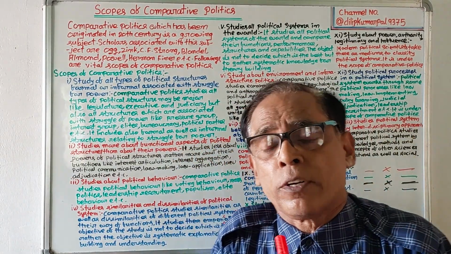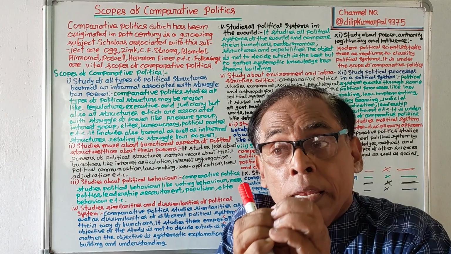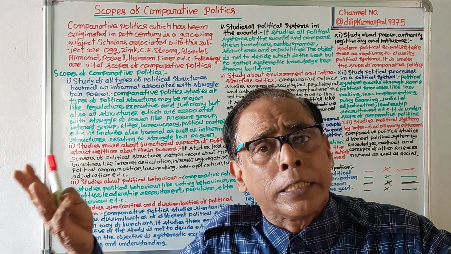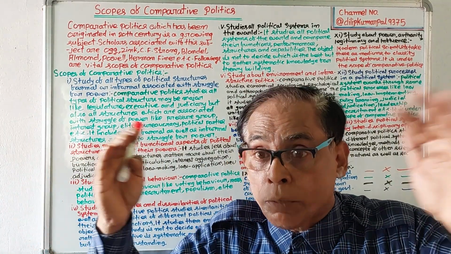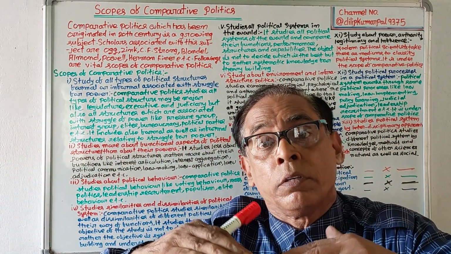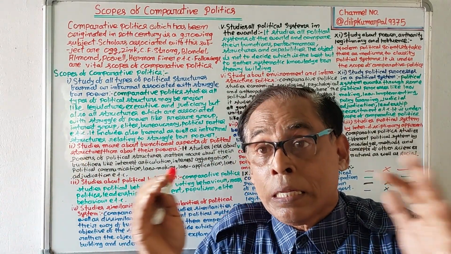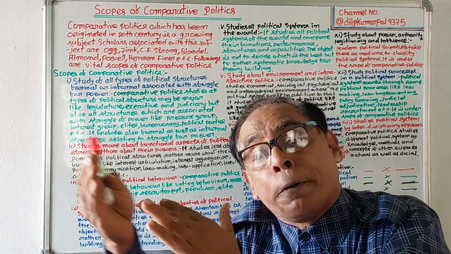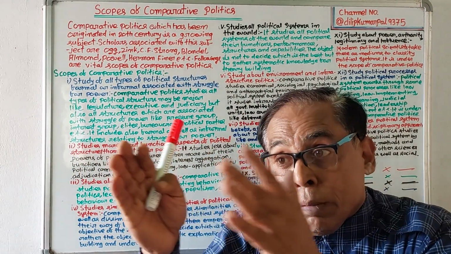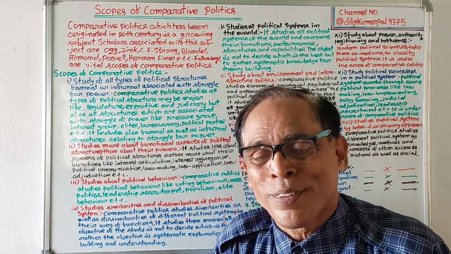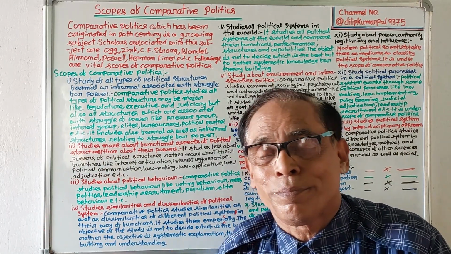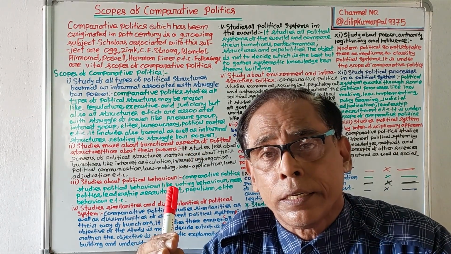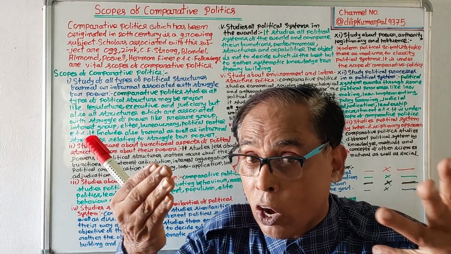Another scope of comparative politics is that it studies similarities and dissimilarities of different political systems. In the world, there are different political systems, means different governments. There are some similarities among them, there are some dissimilarities among them. The comparative politics studies similarities and dissimilarities of different governments or political systems, how they are functioning. The objective of this study is not to say which is the best,